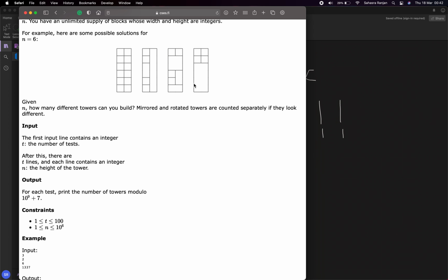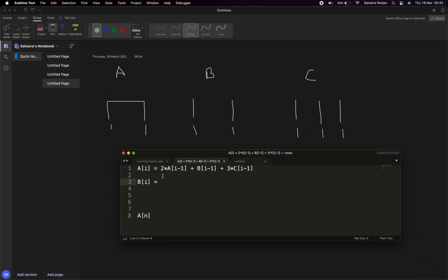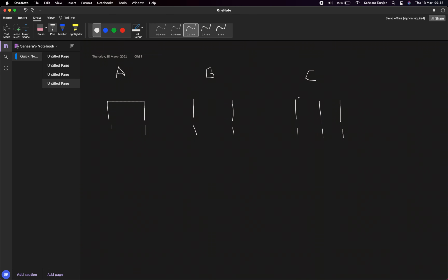So B of i is A of i minus 1 plus B of i minus 1. And why not C? Because you'll have to add this here at least. So for this you have to close this. This will be overcounted while calculating A, because A can be this or this, anything. Just ignore this.